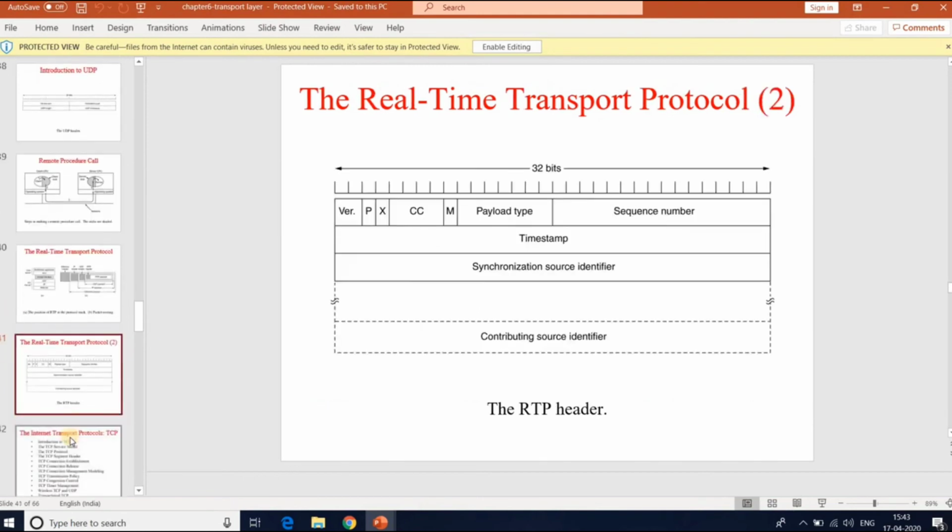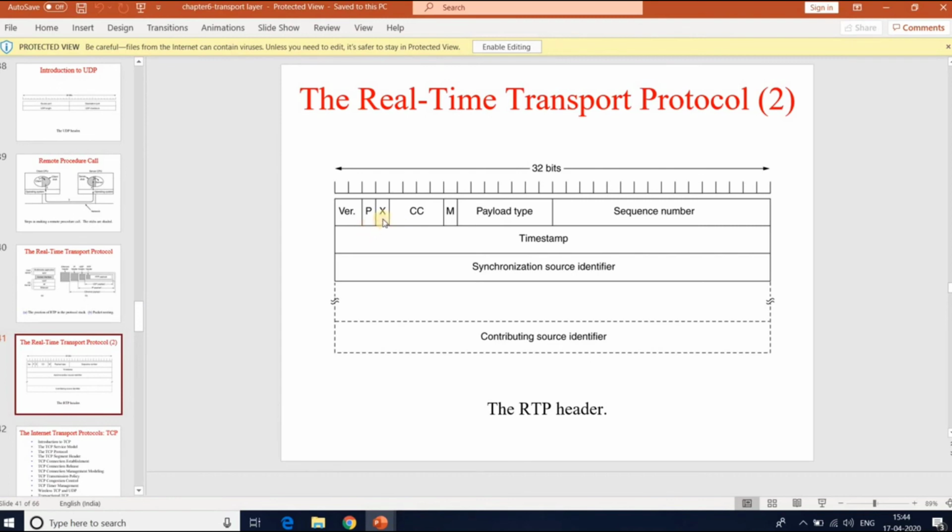Coming to the Real-time Transport Protocol RTP header, we have some fields. First one is the version. VER stands for the version field. It is a 2-bit field. And P indicates the packet has been padded to a multiple of 4 bytes.